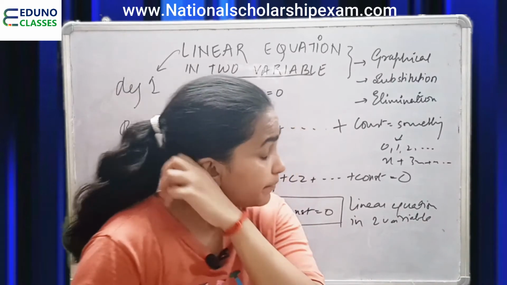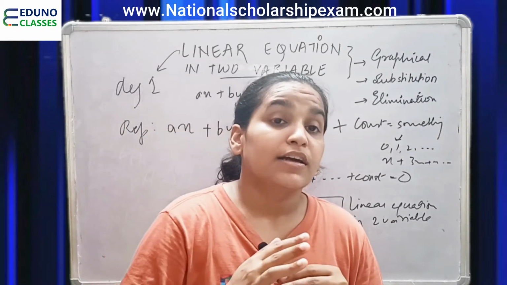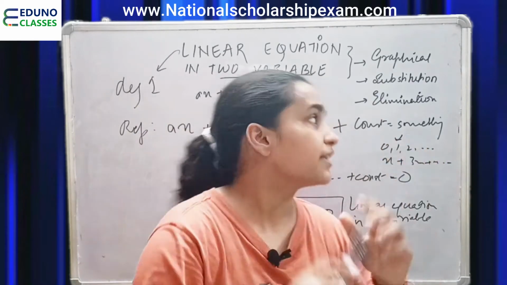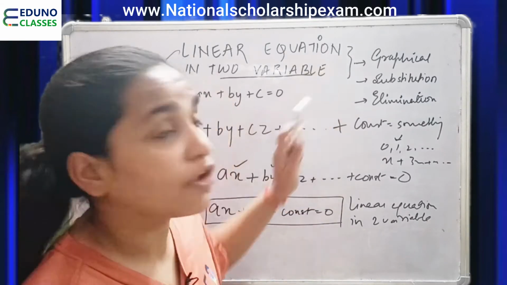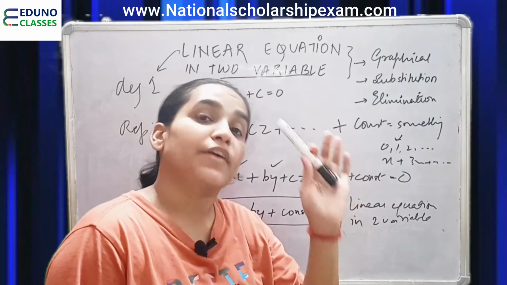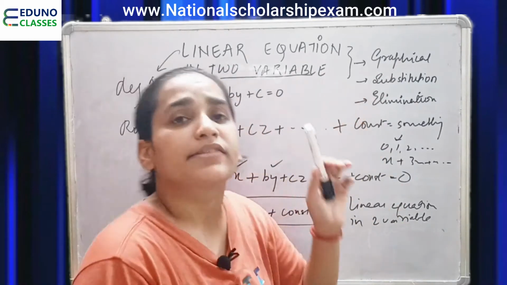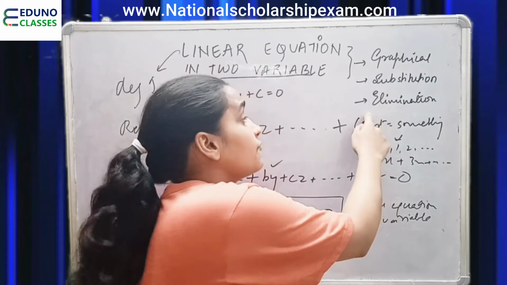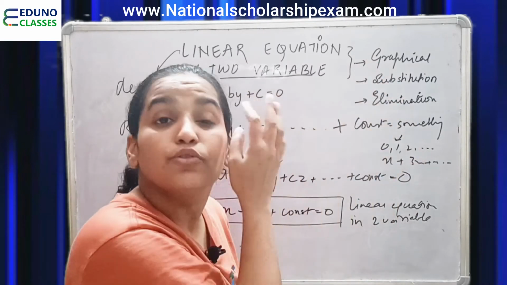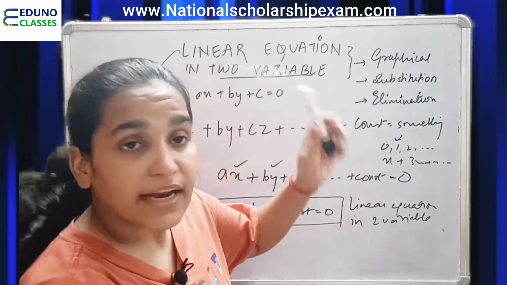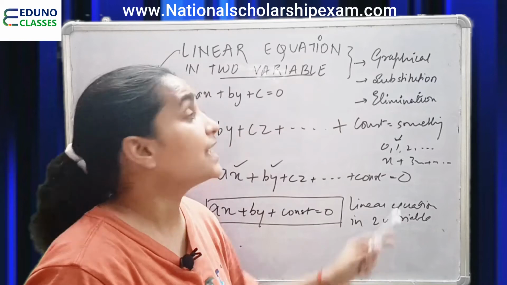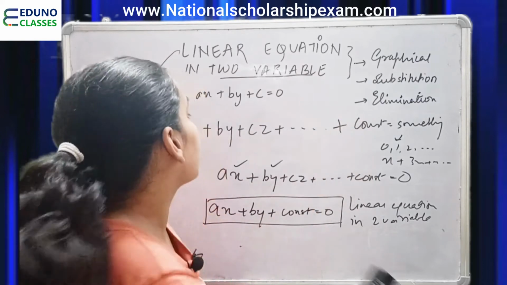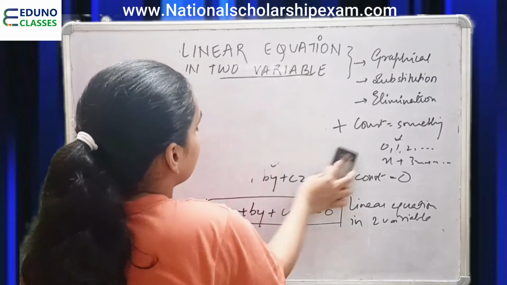Now, how do we solve linear equations in two variables? Till now we have understood what a linear equation is, but how to solve it is the real question. There are three ways to solve these linear equations. The first and most fundamental is graphical. The other is substitution, and the most important and most used method is elimination. This is used in solving any kind of question. So the most fundamental is graphical, then comes substitution, and the most important is elimination. Today we are here to discuss the graphical